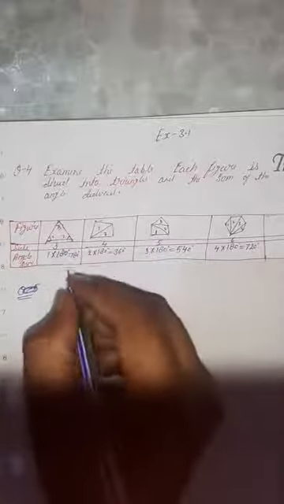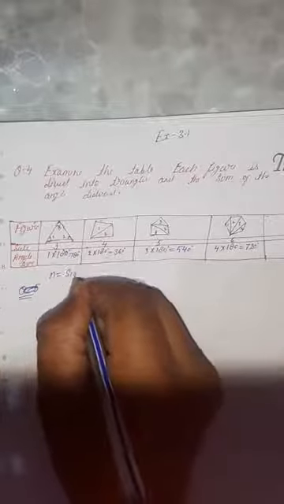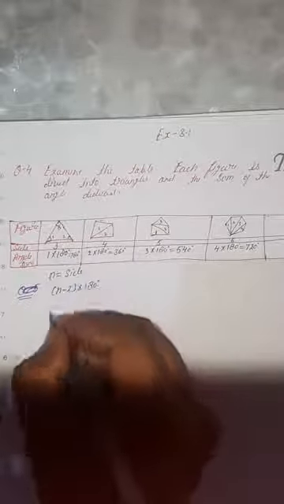We have the number of sides, that is equal to n. n is equal to the number of sides. So the formula is (n minus 2) multiplied by 180 degrees. So for the triangle, n is equal to 3 sides. So we have 3 minus 2 multiplied by 180 degrees, that means 1 multiplied by 180 degrees is equal to 180.